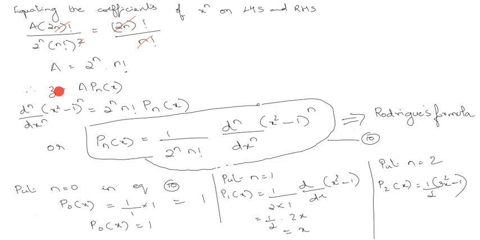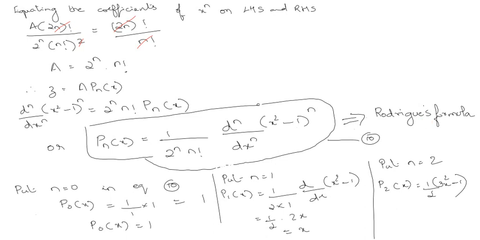And we know that z is equal to a into Pn(x), and a is equal to 2 raised to n into n factorial. So instead of z, we have to write d^n/dx^n of (x square minus 1) the whole raised to n. Instead of a, it is 2 raised to n into n factorial into Pn(x), or Pn(x) is equal to 1 by 2 raised to n into n factorial into d^n/dx^n of (x square minus 1) the whole raised to n, which is the Rodrigues formula.